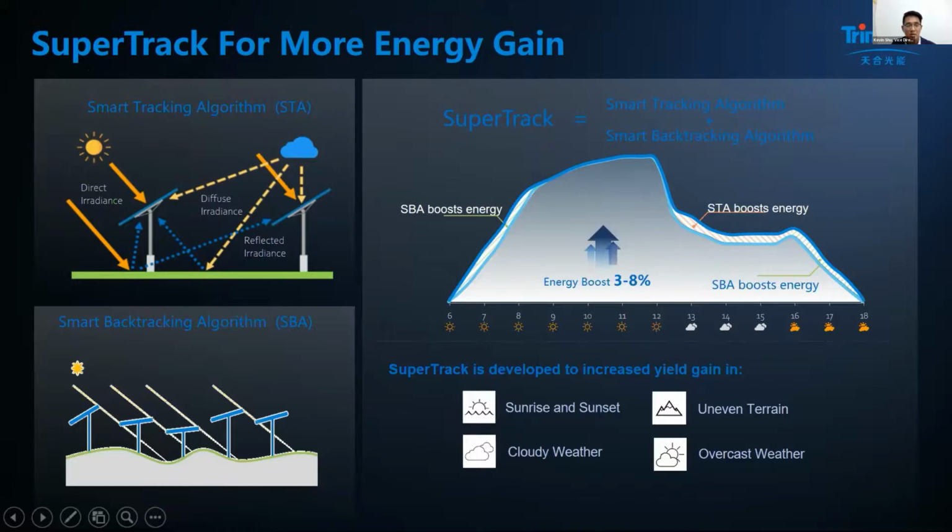Here we call it Trina's Super Tracker, the new smart algorithm for our TrinaTracker. Compared to the traditional tracking algorithm, we are expecting 3 to 8% additional gain. This data varies according to different conditions, like how uneven your installation condition is, and how much percentage